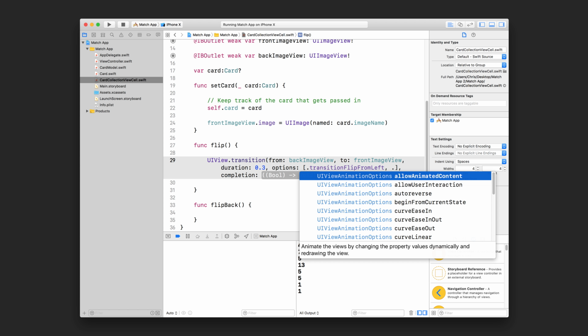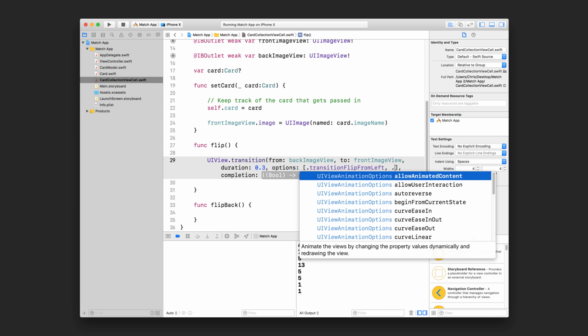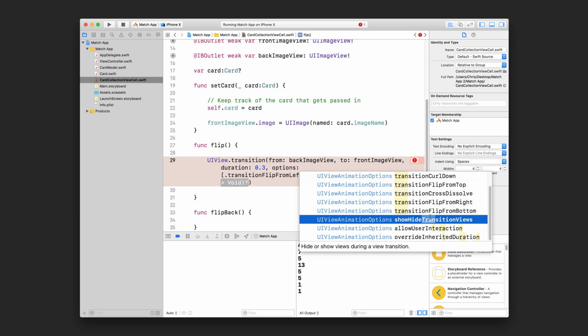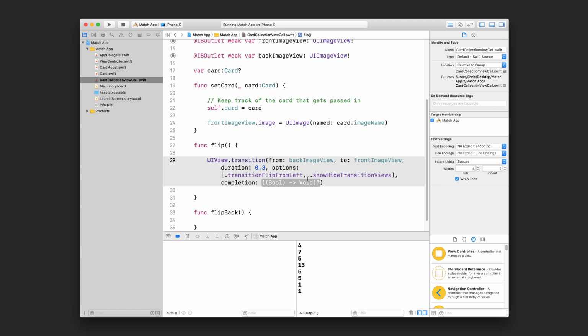I'm going to press dot again and choose dot transition show hide transition views. So hide or show views during a view transition. That means that the view that it transitions from is just going to be hidden instead of completely removed from the view hierarchy. Okay, and completion is where we can specify a block of code here that we want to run